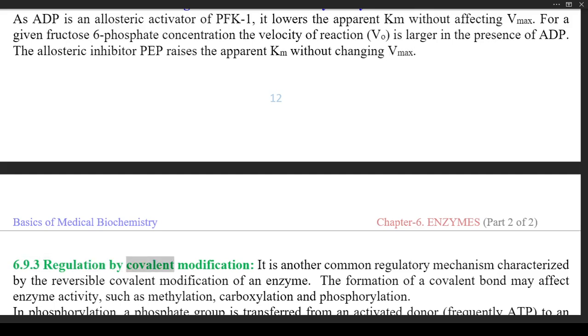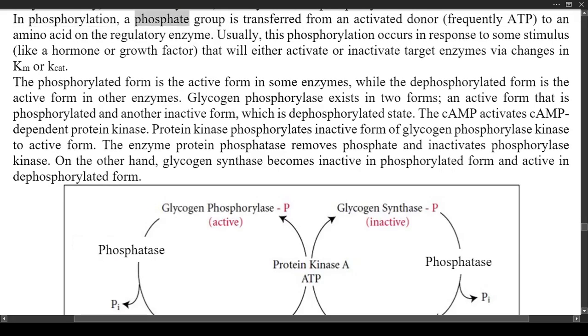6.9.3 Regulation by covalent modification. It is another common regulatory mechanism characterized by the reversible covalent modification of an enzyme. The formation of a covalent bond may affect enzyme activity, such as methylation, carboxylation, and phosphorylation. In phosphorylation, a phosphate group is transferred from an activated donor, frequently ATP, to an amino acid on the regulatory enzyme. Usually, this phosphorylation occurs in response to some stimulus, like a hormone or growth factor, that will either activate